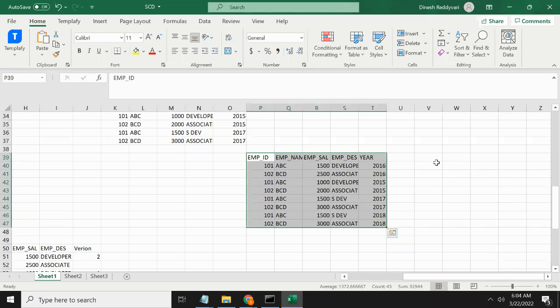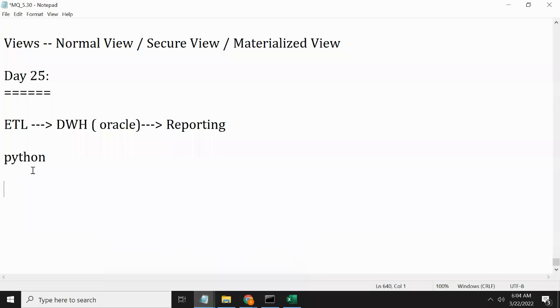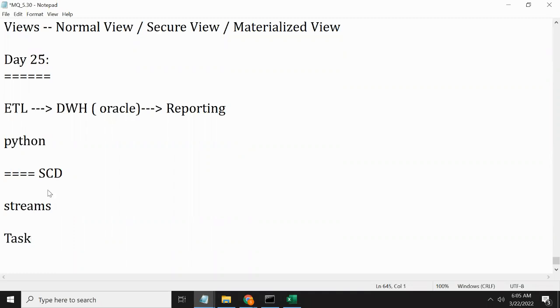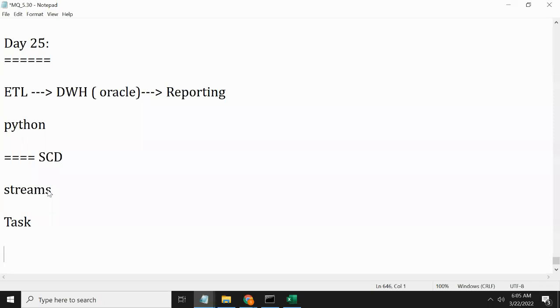To maintain this within Snowflake, we call it a slowly changing dimension implementation. Generally, if you want to implement this logic, they will use any of the ETL tools. Now, without using ETL tools, we are going to implement SCD by using a combination of streams, which we discussed, and tasks,